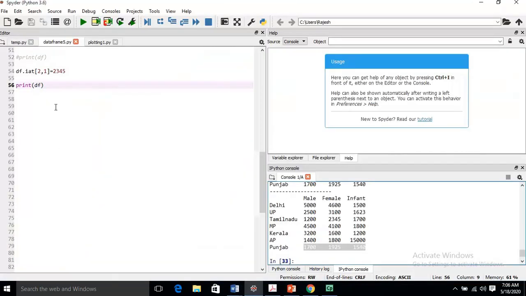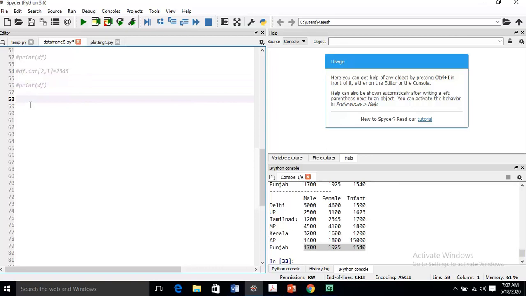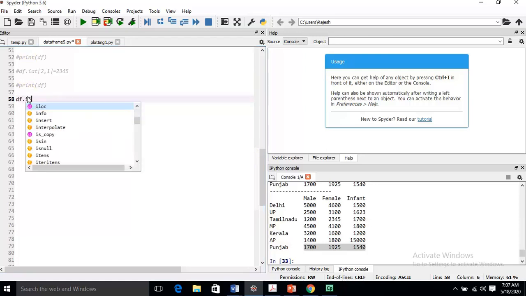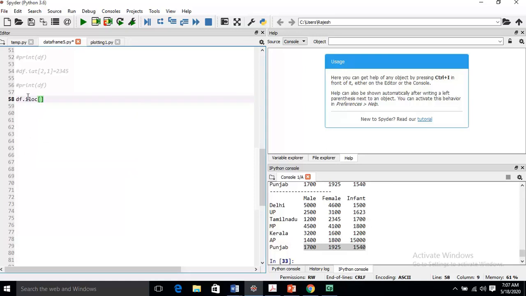For this, first let me make it a comment, not print, sorry, we have to change the value, then df dot ILOC this. Now we have to change the data of AP, then